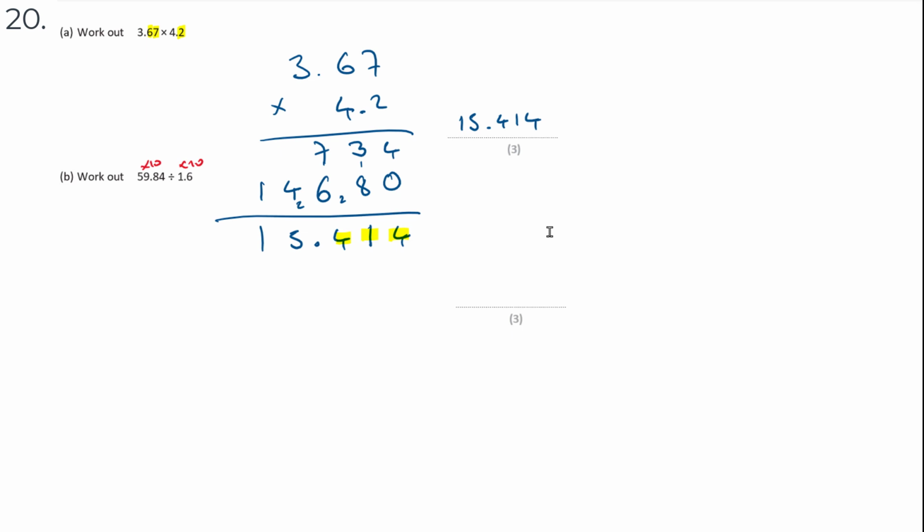So if I scale up the top and the bottom by a factor of 10, it's a bit like writing an equivalent fraction down, isn't it? It doesn't change the value. So that would be 598.4 divided by 16. So 16 is my divisor into